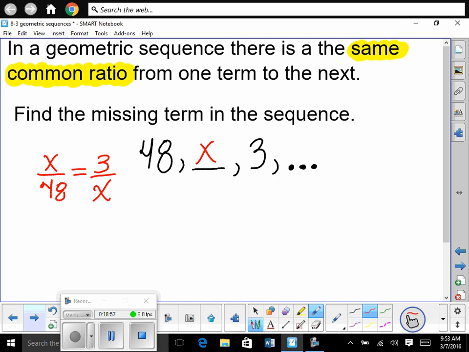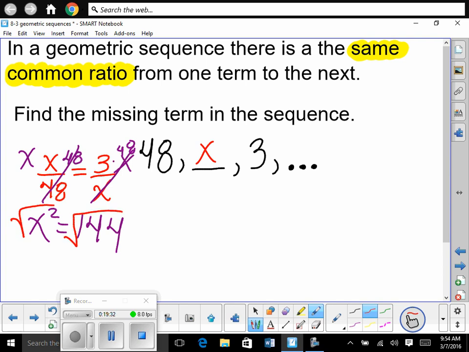So now we'll just solve for x algebraically. So wouldn't we want to get rid of the fraction, so we would cross multiply, right? So we multiply both sides by x, but won't it divide out over here? Multiply both sides by 48, but won't it divide out over here? So we have x squared is equal to 48 times 3, oh, hey, let me use that calculator real quick. 144. Now we're just solving a quadratic at this point, right? This one's an easy quadratic, then we square root both sides. Yep. So we have x is equal to